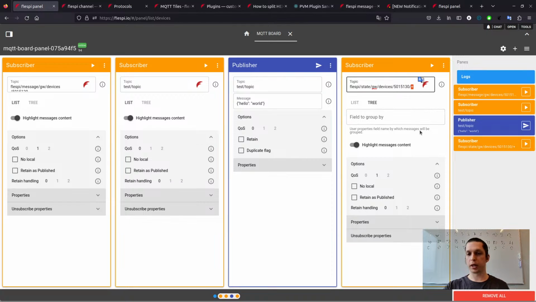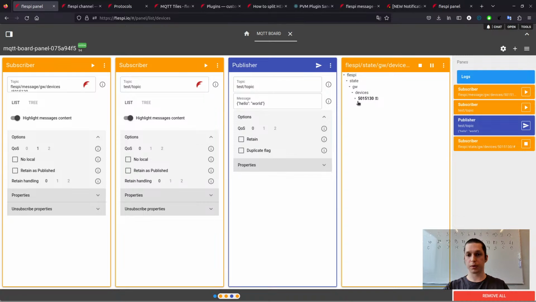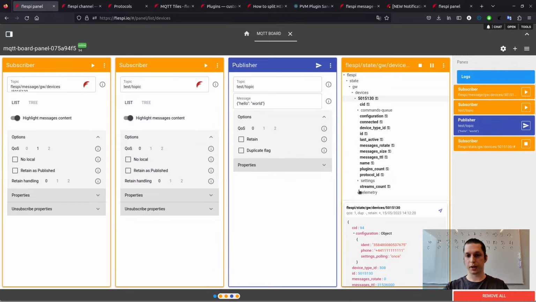Plus is a wildcard mask for one level. So one level of the hierarchy can be replaced with plus, but we can also write here this hashtag, octothorpe. It matches as many levels as possible, so many levels. And if we subscribe to it, we'll see something more. Like, for example, we have here telemetry, the topic, Flashp state, gateway devices, device ID, telemetry, alarm event. So each parameter has its own topic with the last value and the time it was received. It's also interesting and interactive stuff to be used.